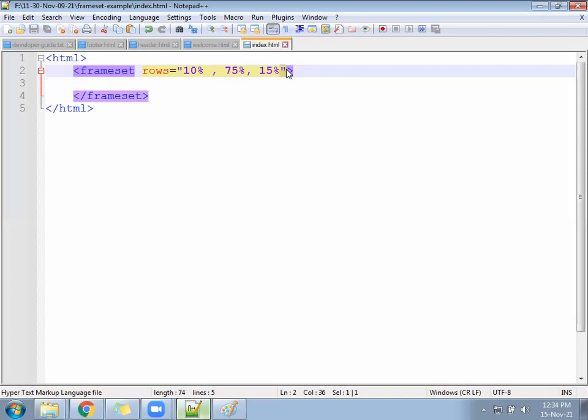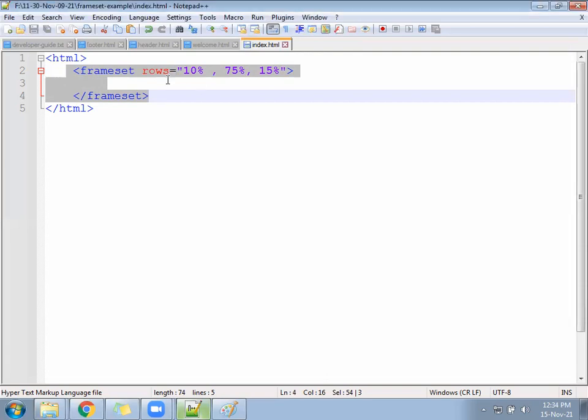So one double quote starts in the beginning and closes at the last, separated by commas, splitting the total 100 into 3 parts. Let me share this line in your chat. If anyone has a mistake, they can replace it or use it again. So this code came to your chat.